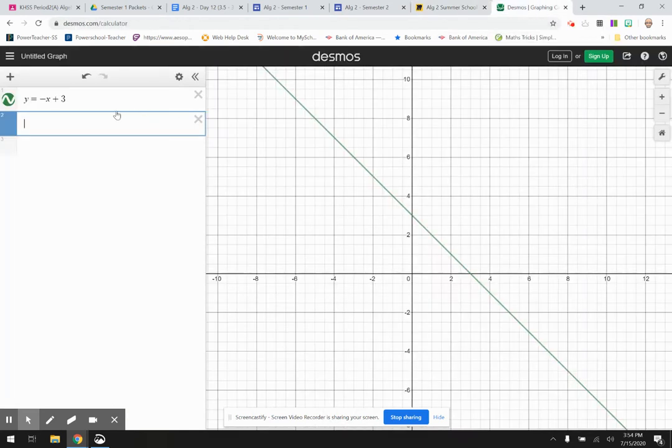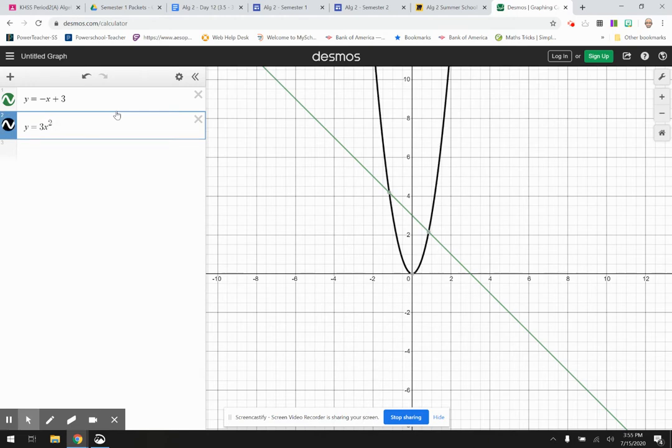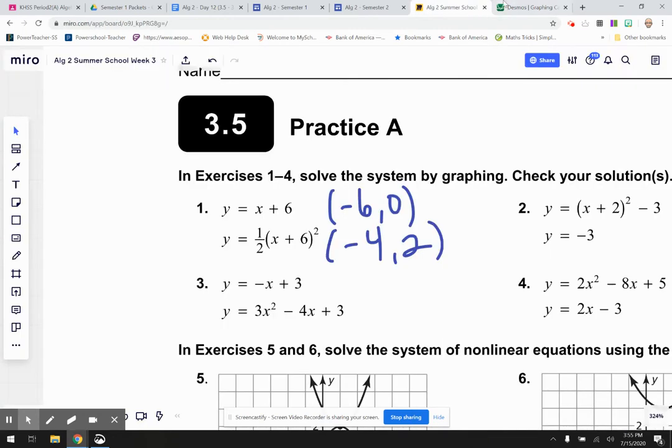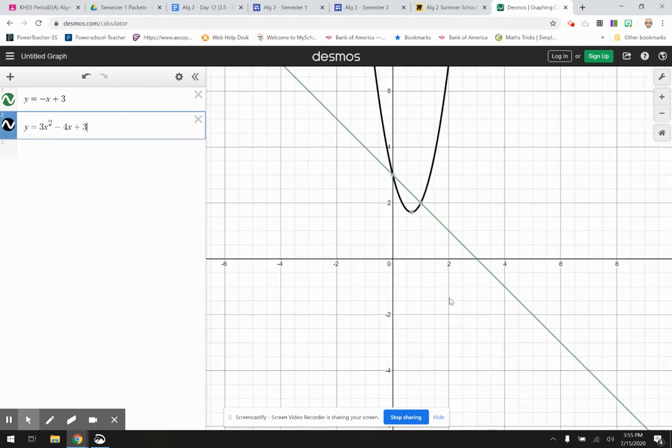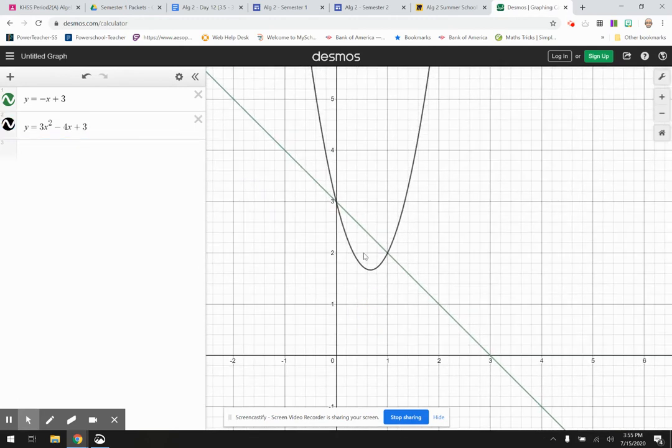And then we have 3x squared minus 4x plus 3. You have to hit the shift and the 6 to get to the exponent, and then hit the right arrow to get to the next one, which is negative 4x and then plus 3. Zoom in, and you'll see there's a vertex down there, but there are 2 solutions here